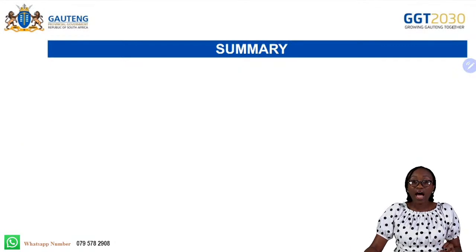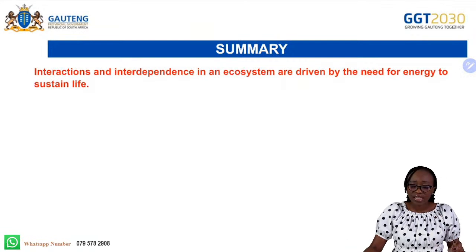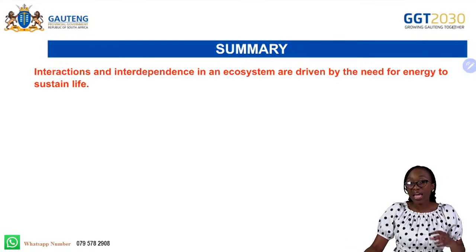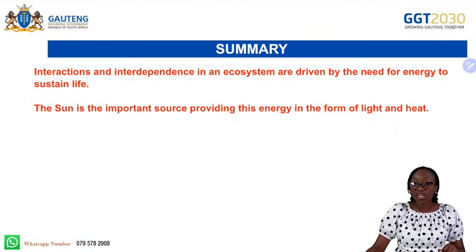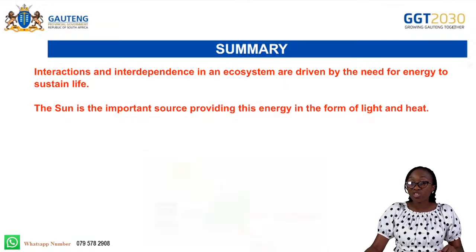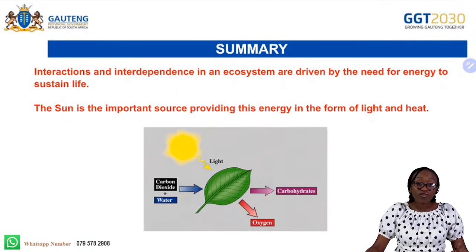Okay, now what have we learned today? Let's wrap up our lesson. So today we learned about the interactions and the interdependence in an ecosystem and how they are driven by the need for energy. We also learned that the sun is the important source of energy. It is the main source of energy. It provides light and heat for this very important process of food production by green plants, which is